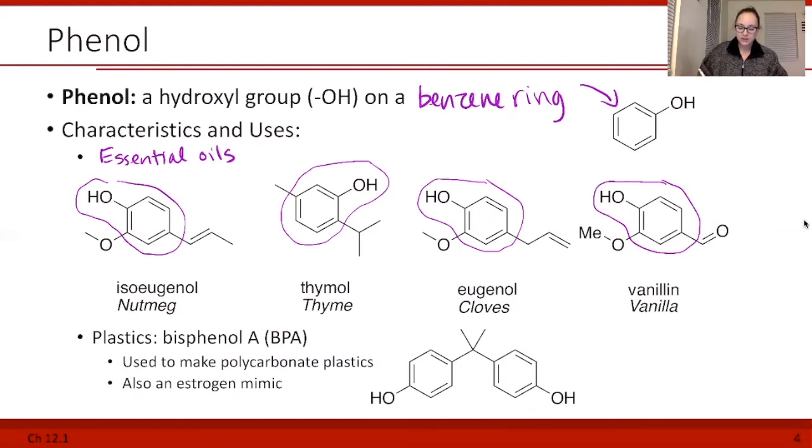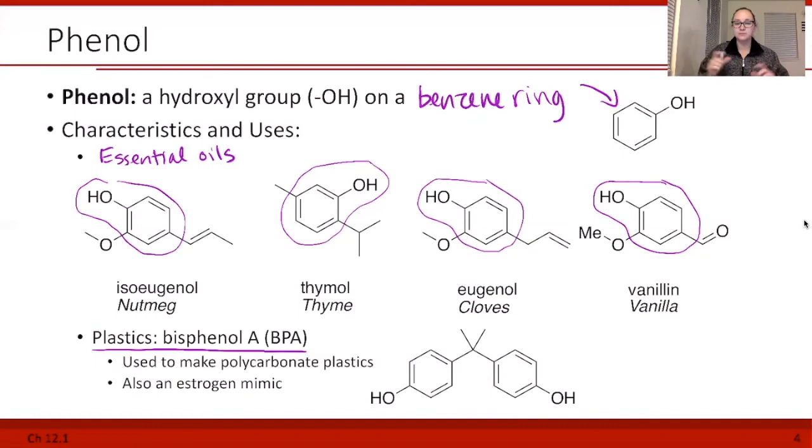Additionally, there's a lot of news about, maybe not so much anymore, but you guys, I'm sure, have seen this before. In the use of plastics, phenols are actually a big deal. So bisphenol A is the full name for something called BPA. You hear of a lot of plastics that are BPA-free plastics. Well, this is a molecule that's used in the making of the plastic that they use for a lot of different things, and the issue is that as this plastic wears down over time, it releases this molecule here